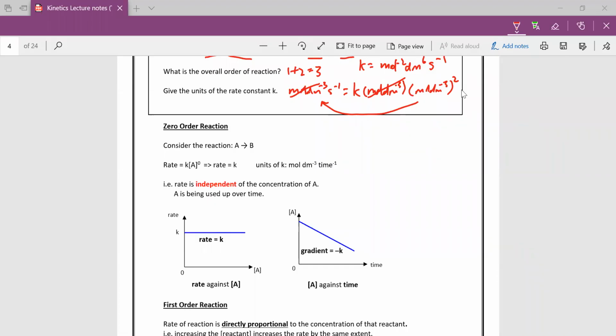All right, guys, let's continue with part 2. We now look at the zero order reaction. Consider this reaction: A changes to B. And the rate of reaction is